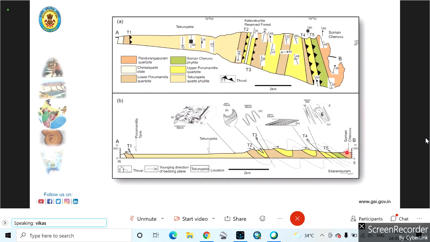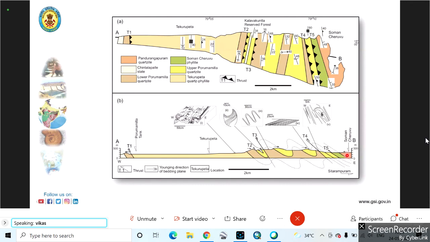The pinkish colored quartzite, what we are seeing, is on the left side, and the younging direction is up there. Possibly because of the thrust, this overturning has happened there. Okay, so if we are not able to understand what exactly the structural disposition is, you notice that these are all folds. These folds are inclined to overturn.